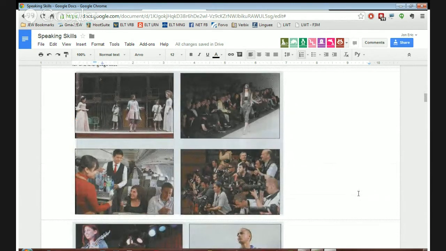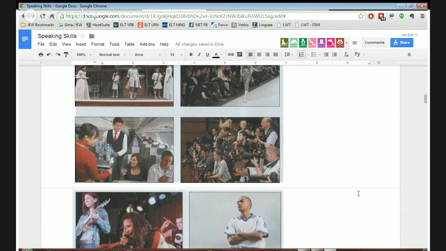I would rather, if I had to choose between those pictures, take part in the show in the bottom left picture.